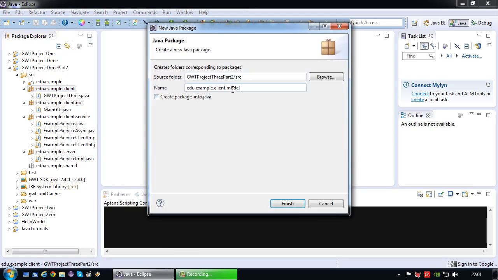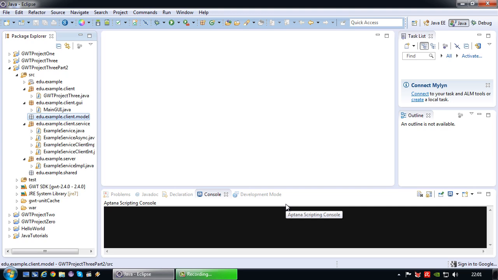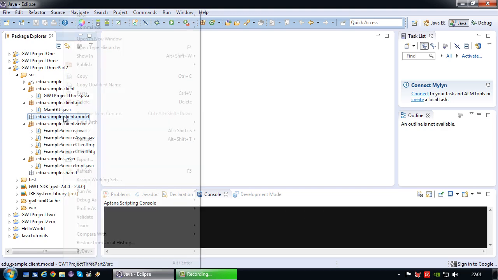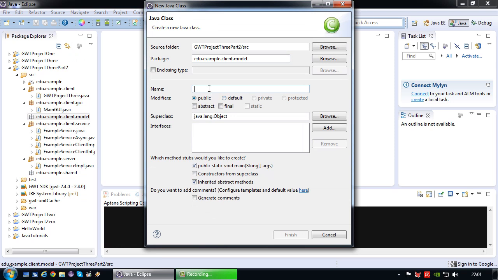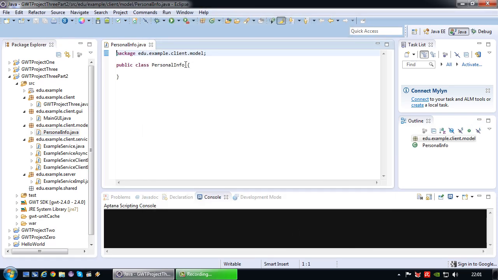And this package is going to be named model because it's going to contain my model objects, my data objects. So let's create the first one in this package. I'm going to start with the personal info object. So finish. And as I mentioned in my PowerPoint presentation just now, if I want to make sure that this